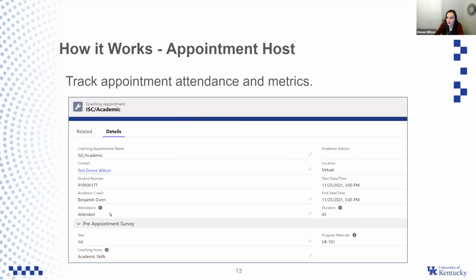So you can see here a little bit more information about the specific appointment. So a little bit more about the student, the time, the date, duration again. And then this is that pre-appointment survey that was in the confirmation email that the student filled out. So you can also see those fields here with a little bit more information on why the student selected this appointment type to meet with you.